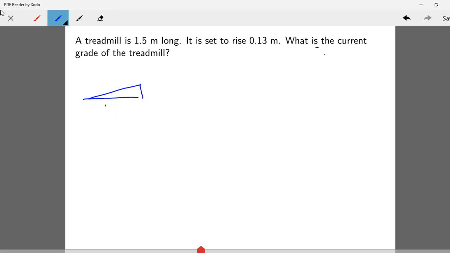We're just going to call 1.5 the horizontal here, even though we should probably use the Pythagorean theorem. These numbers are different enough. They differ by a factor of 10. It's not going to make a huge difference. And this vertical here will be 0.13. So for something like this problem, we're just going to consider this the vertical, consider this the horizontal, and we'll say that it is